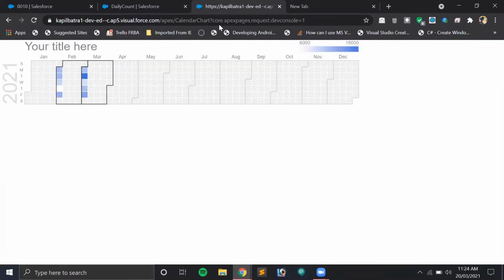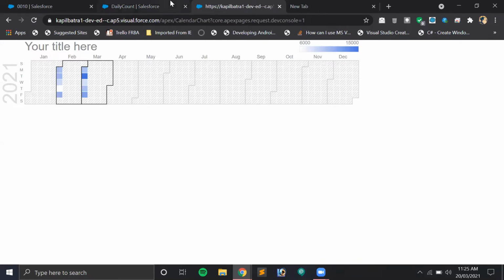Okay, so as you can see in this chart now, we are having some entries in the March calendar also, and whenever you hover on it, it will just display the number of quantity you have entered there. And above that, guys, you can see the minimum quantity and the maximum quantity that has been entered in this calendar chart. They are just displaying the quantity here. Like the quantity in this chart is between 6,000 to 15,000. So guys, that's how you can display the change in numbers during a specific time period, like days or months.